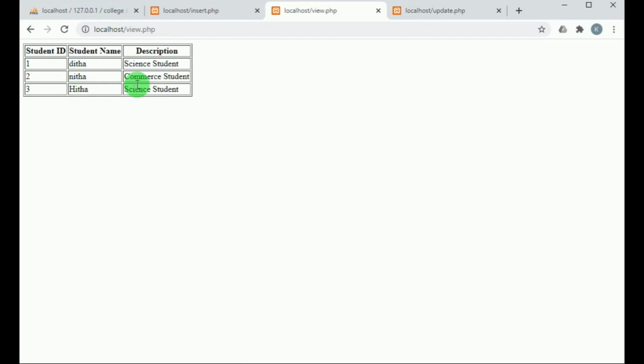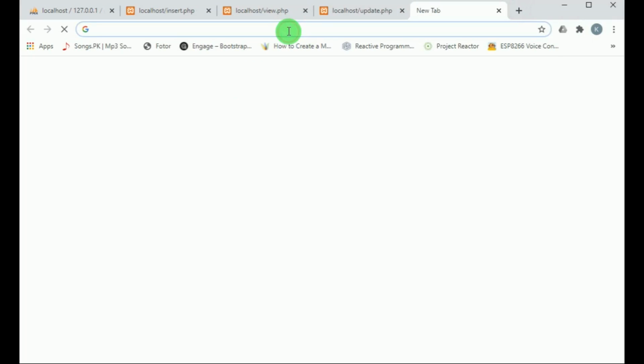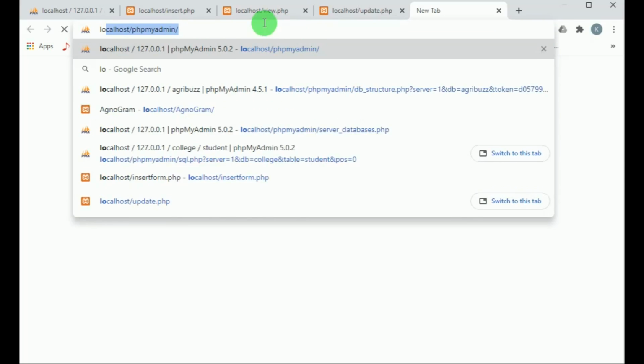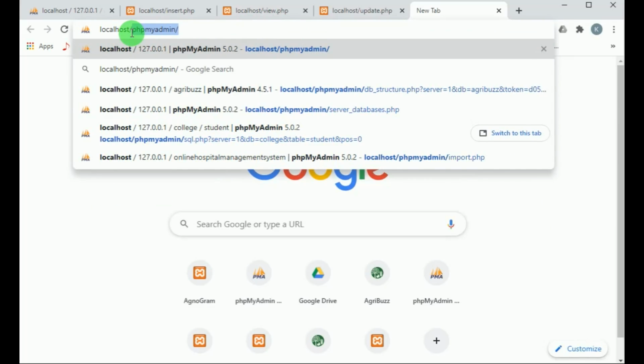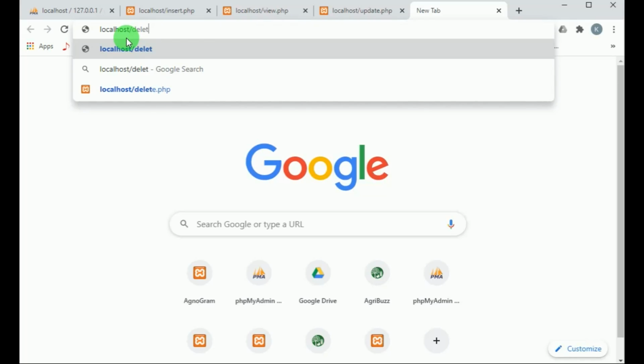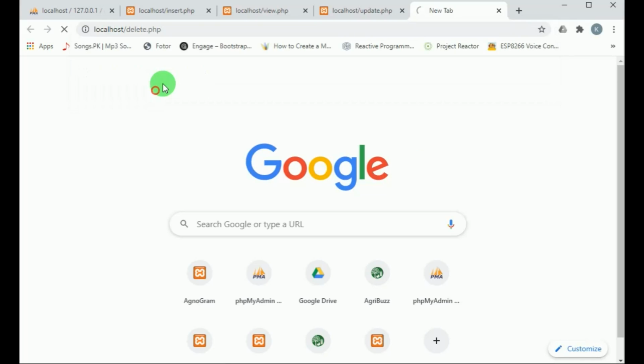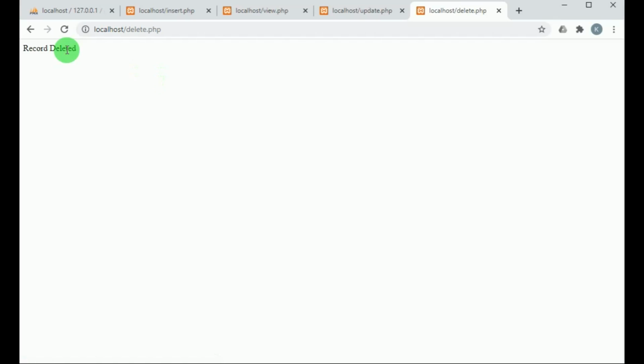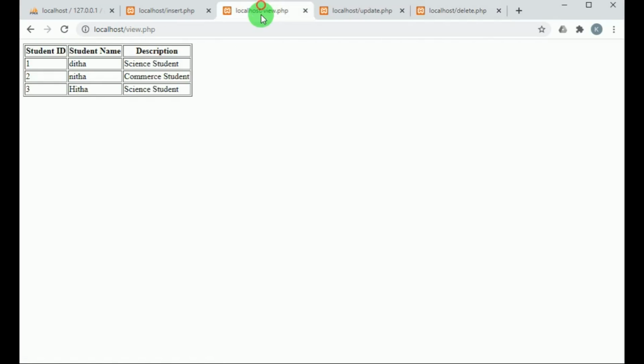We can see the records in view.php now. Now let's execute delete.php. Record is deleted. Let's view view.php.